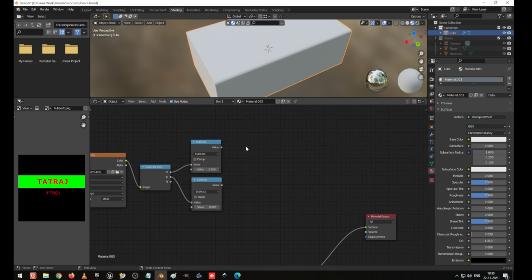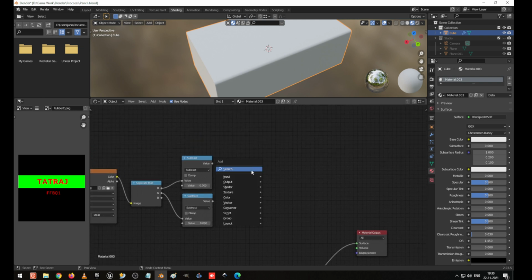So now here I am going to create a mix shader, which I am going to use. This value is here. Now I am going to duplicate this one, shift D, and I am going to connect this shader to the first one here, and this factor to here.